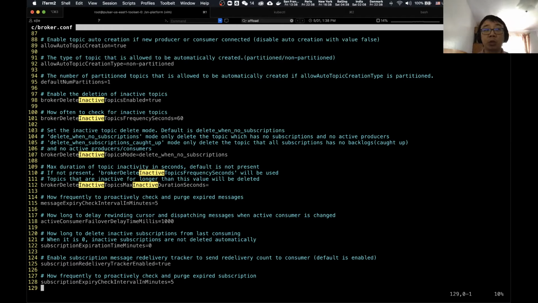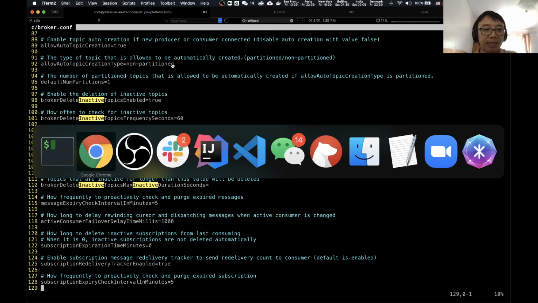It means no producer is connected to the broker, and you're okay to have subscriptions, but all the subscriptions are already caught up, meaning there's no backlog in any of them. Then after a certain amount of time, this topic would be treated as inactive, and the broker would delete these inactive topics. So that is the setting that is available